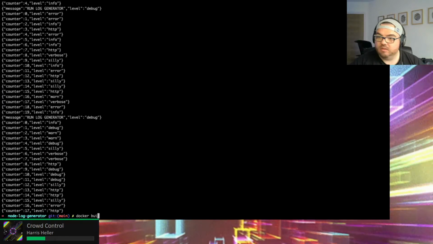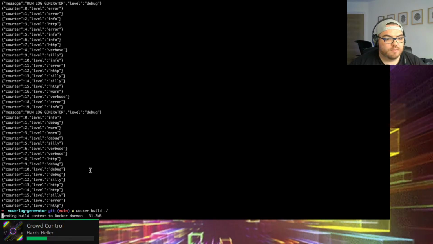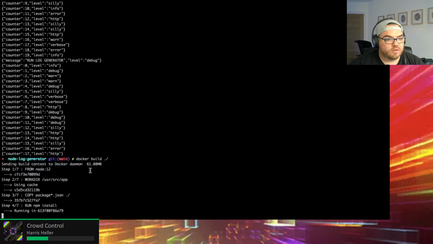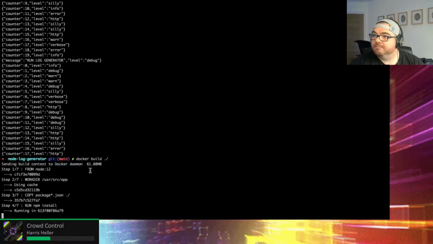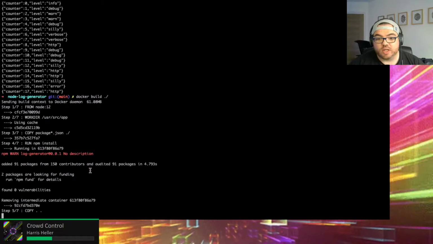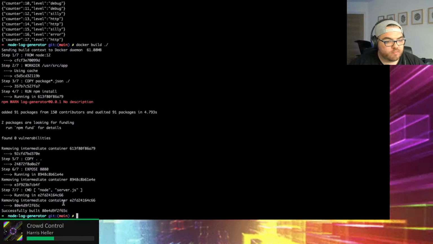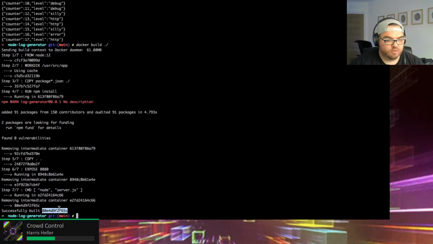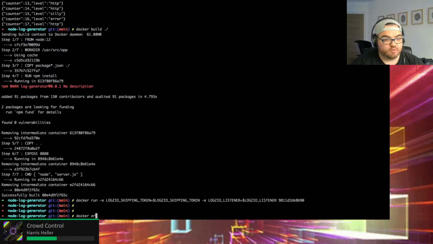Docker build. Cool. We have a build. Probably a good thing after just installing a brand new library. Successfully built. Cool.